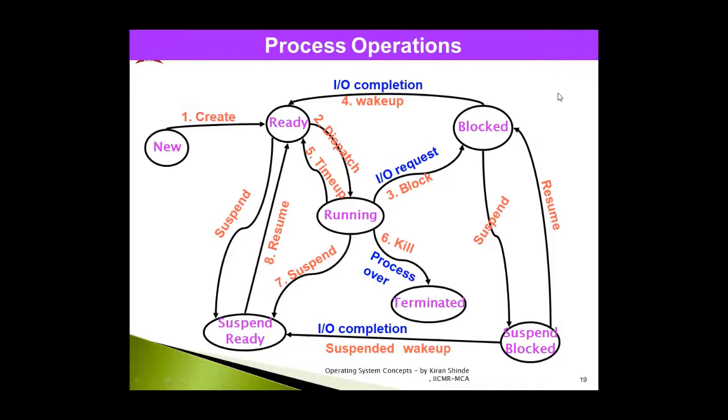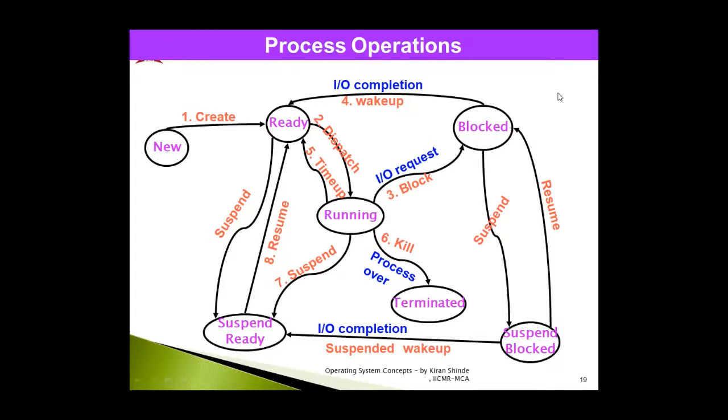Moving further, if you see serial number 5 here, then you can understand that if a particular process is in the running state and the time assigned to that process at that moment is over, but the process is yet to finish its operation with the CPU, then this timer operation will be initiated, with which the process changes its state from running to ready. Why? Because it again wants a chance to get executed by the CPU for the remaining time.